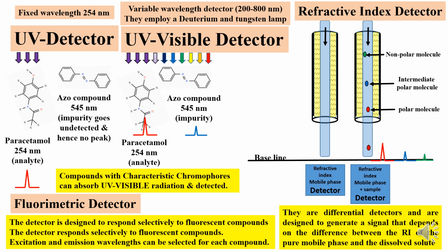Now for each fluorescent compound, for example, if you are analyzing quinine sulfate, this quinine sulfate is a fluorescent compound, and when radiation falls on the fluorescent compound, it undergoes transition from the ground state to the excited state. And this wavelength is called the excitation wavelength. And when it comes down from the excited state to the ground state, again there is emission of radiation at